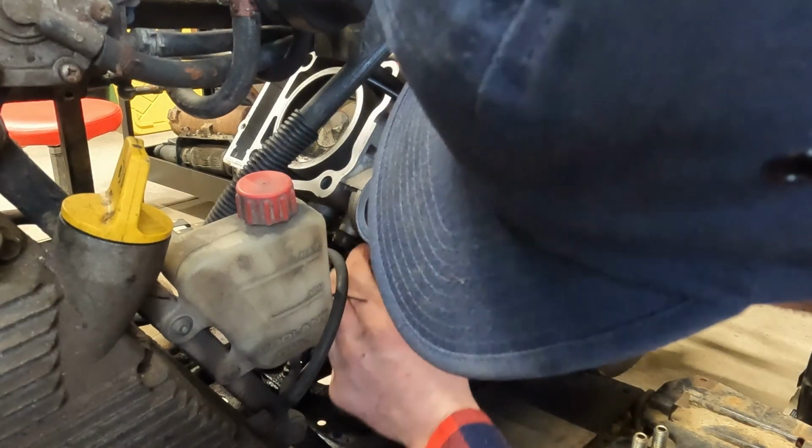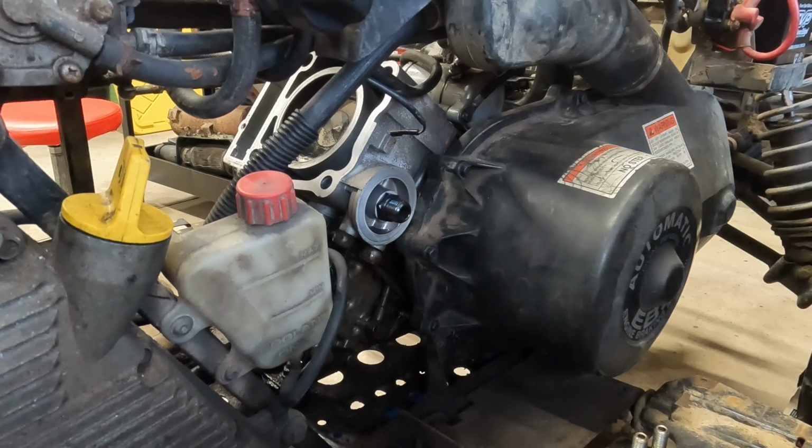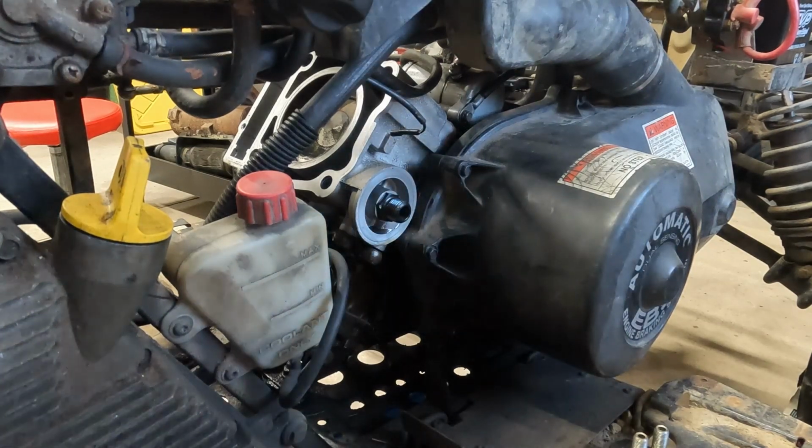And there is absolutely no sealing washer between the oil lines and the jug. So chalk another one up for the last guy. All right, we gotta walk up to the house because I just realized, I've known this for a long time, but